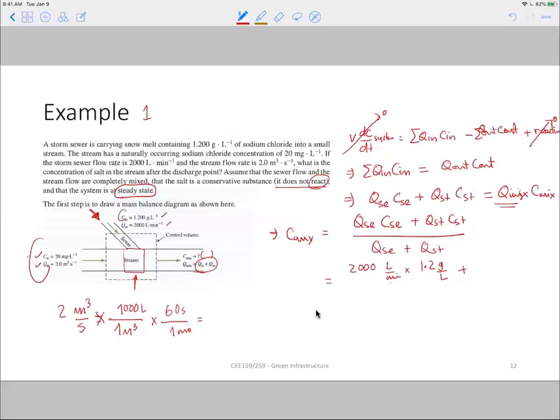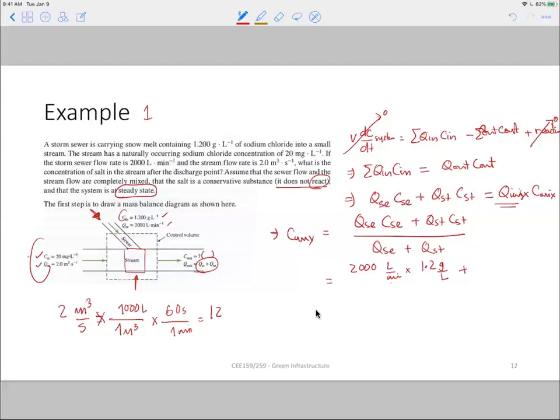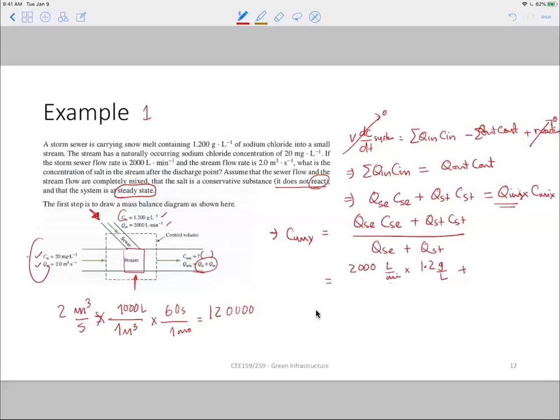So that would be 2 times 1000 times 60. So that will be 2 times 6, 12, then you have 4 zeros. 120,000 liter per minute. So if you write this one here, Q_ST is 120,000 liter per minute times C_ST is 20 milligram per liter. So again, you have to write it in terms of gram. So that will be 20 milligram per liter. Then you say 1000 milligram would be 1 gram. Divided by Q_SC, so that's